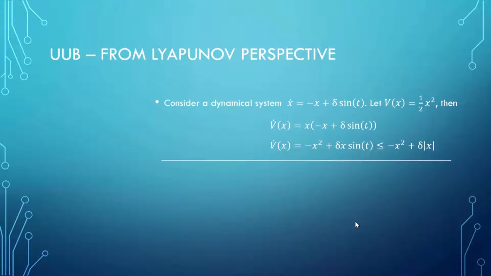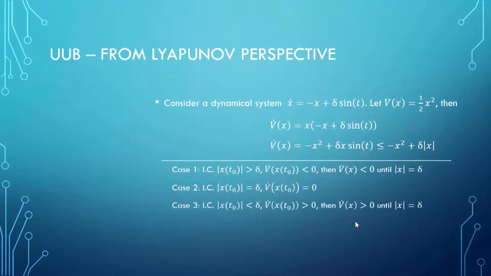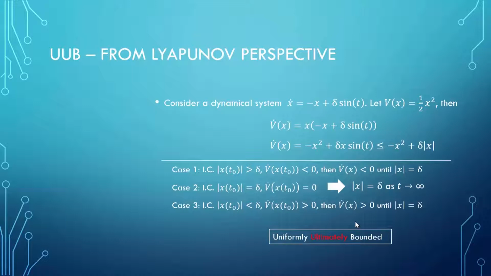So there will be three cases. Look at here. Delta is a constant. If your initial condition x is greater than delta,